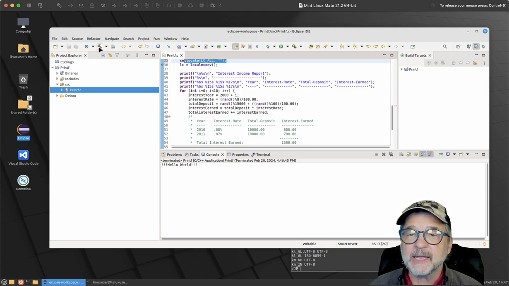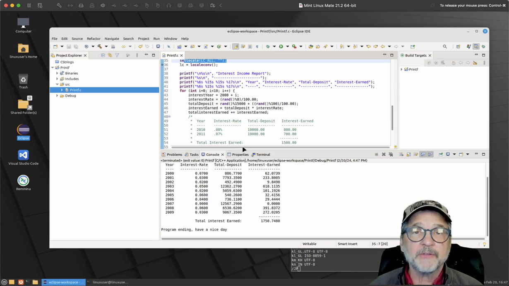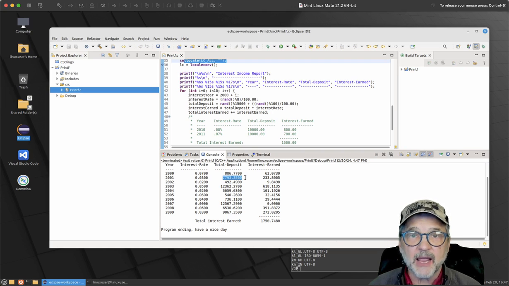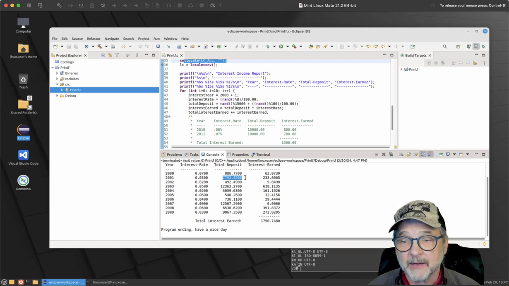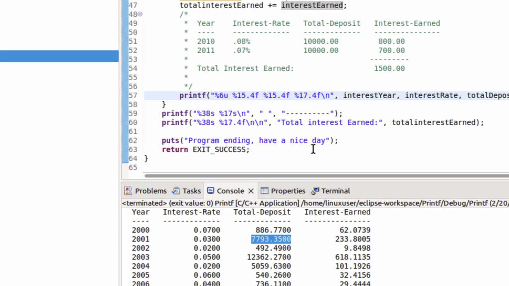All right, so let's go ahead. Again, I always like to say, whenever I make changes, I like to save everything and build it. So the first thing that I would like to do is put commas in all of my numbers here. Now, we're only going to really see it in the numbers that are greater than 999. But let's go ahead and do that. And it's actually very, very easy. What we're going to do is come down here, and the two are total deposit and interest earned. So all I'm going to do is right after the %, I'm going to put an apostrophe,